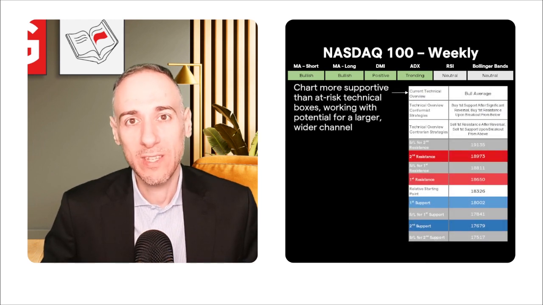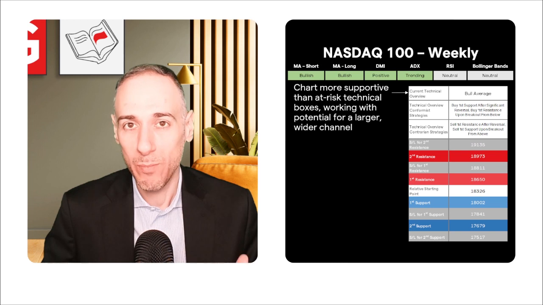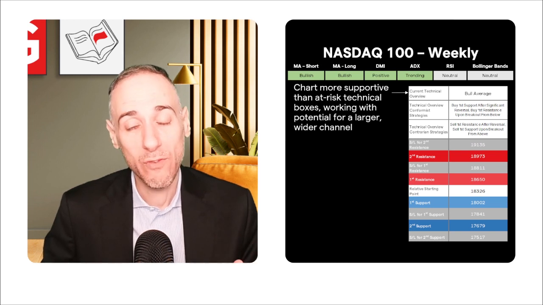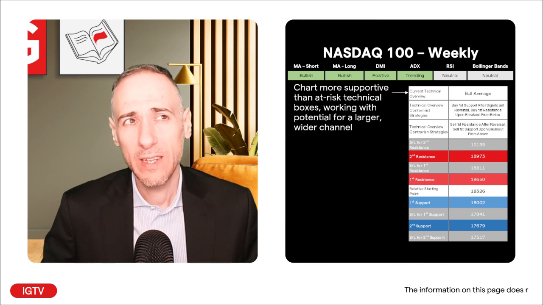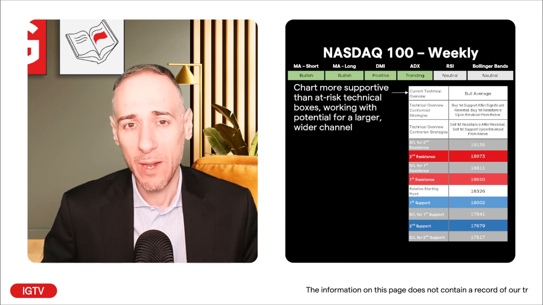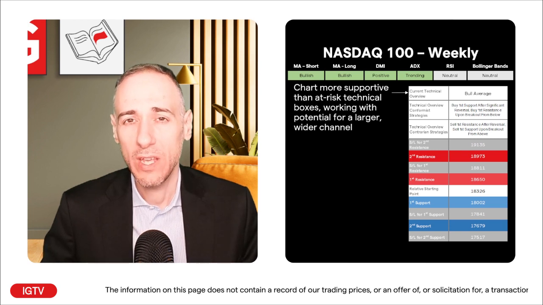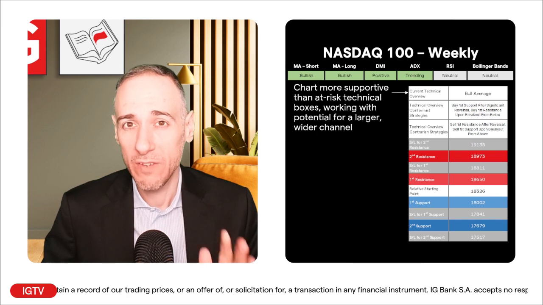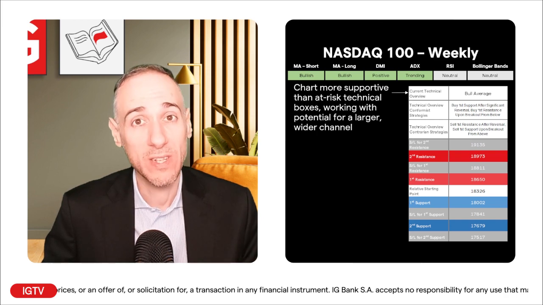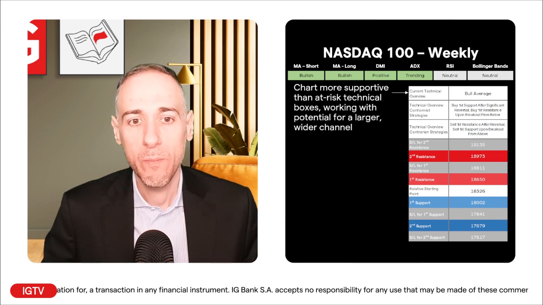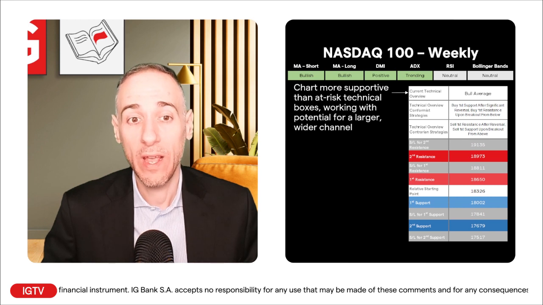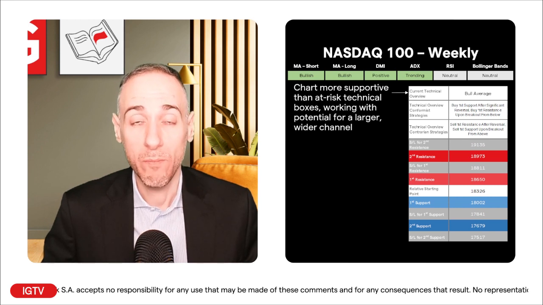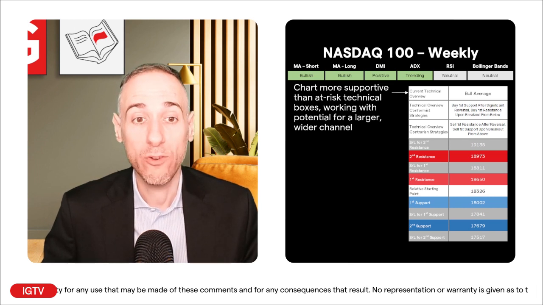Classifying this overview, you might look at this thinking it's got to be something bullish, right? Either bull trend or bull average, in the case whenever you're working with channels, which requires a lot of times to look at the chart to get a bit more support, because when you have some of those pullbacks, and if they're consecutive, looking at the technical boxes may not always provide that support. On the weekly, it's a bit more difficult to shift the technical boxes compared to the daily time frame, which I'll get to. But essentially, we are working with the potential for a much larger and much wider channel, and